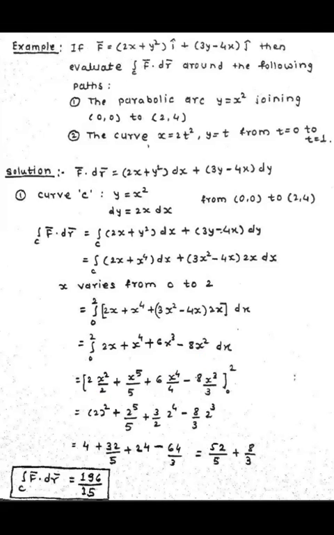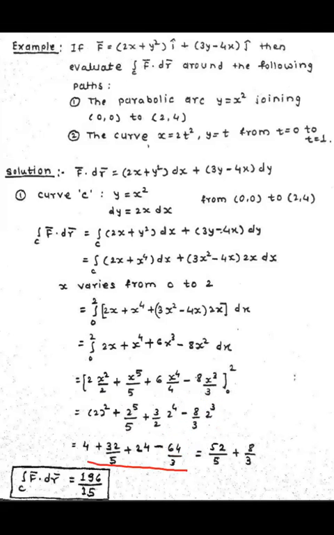After taking the integration, just put in the limits. The upper limit of x is 2. Then simplify it. You obtain 2 raised to 5 is 32 by 5. 2 raised to 4, one 2 is simplified with this 2 raised to 4, so it becomes 2 cube here, and 2 cube into 3 becomes 24. And here 2 cube is 8, and 8 into 8 becomes 64 by 3.